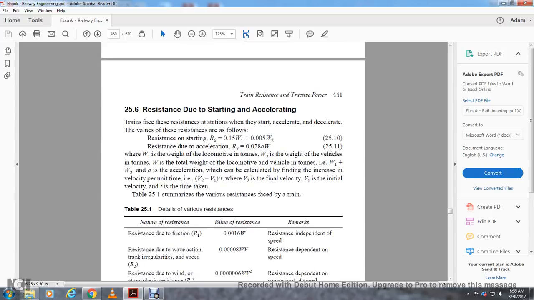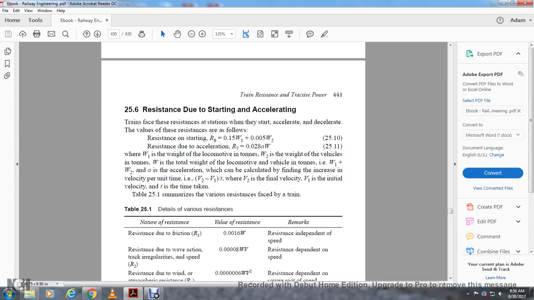25.6 Resistance due to starting and acceleration. The track faces resistance at starting and during acceleration and deceleration. Resistance at starting, R6, is equal to 5/1500ths of W1 plus 5/10,000ths of W2. Resistance due to acceleration,